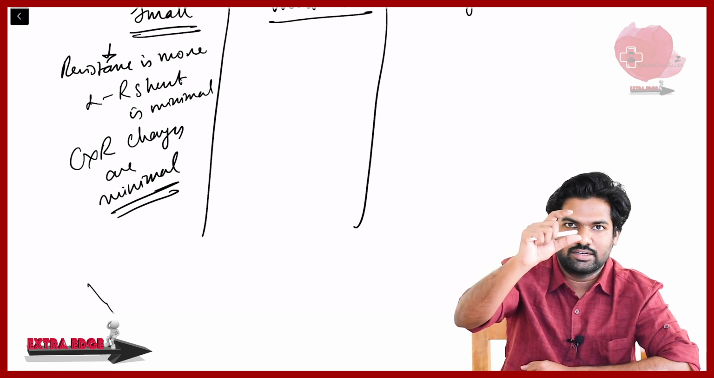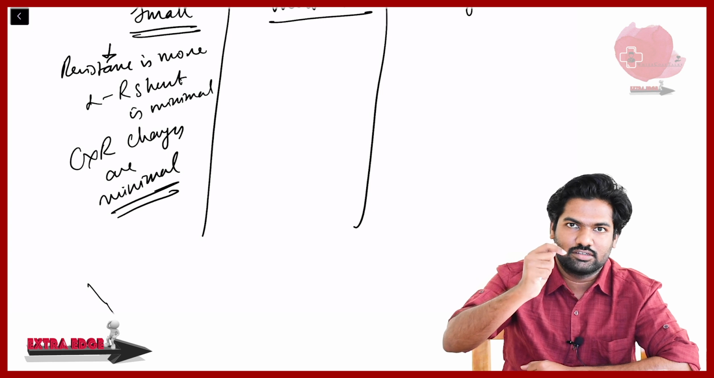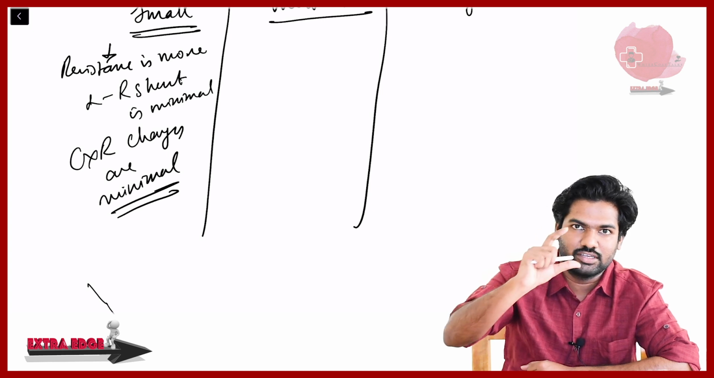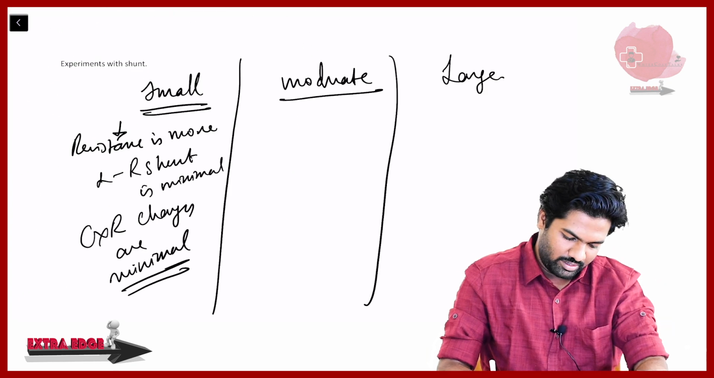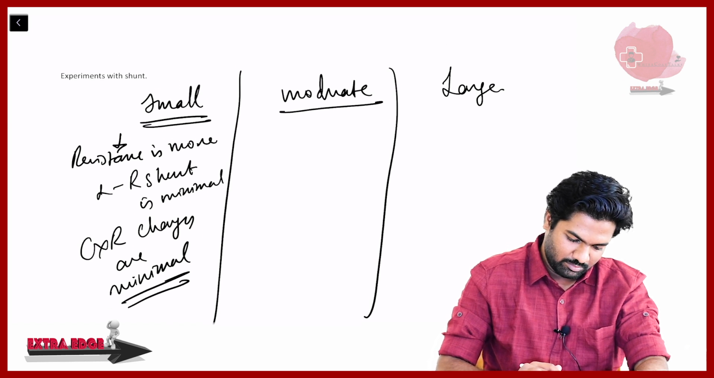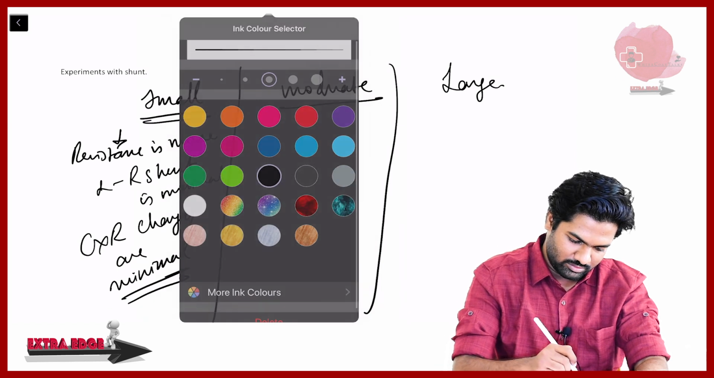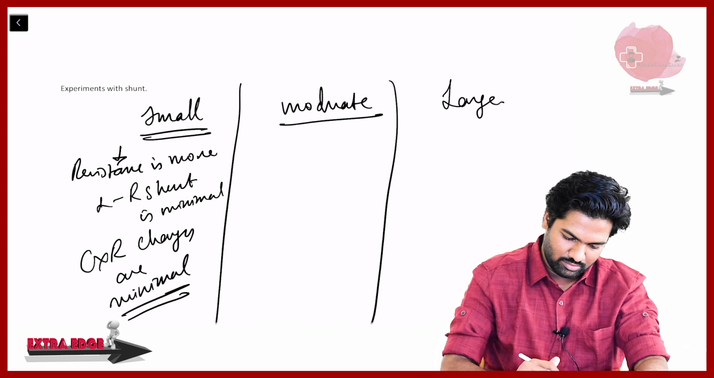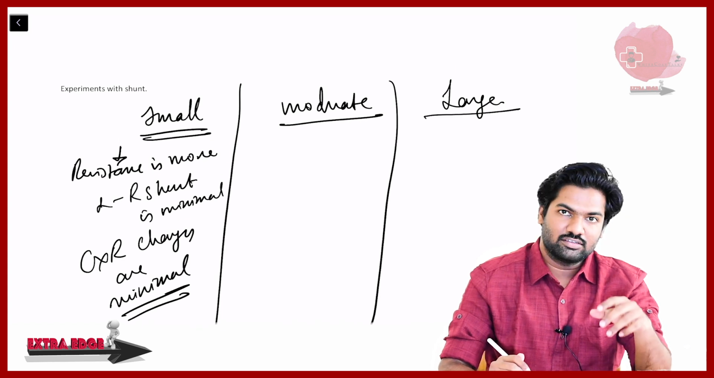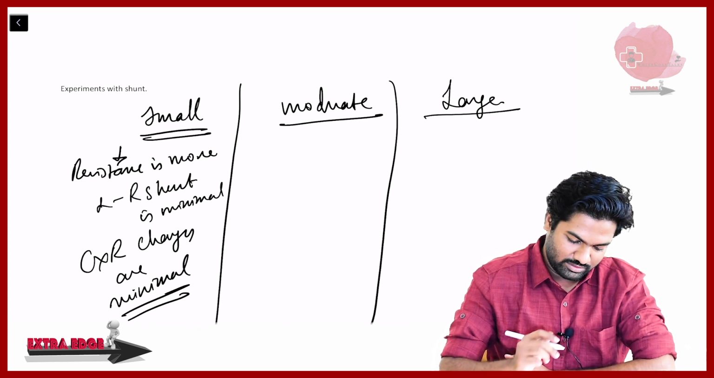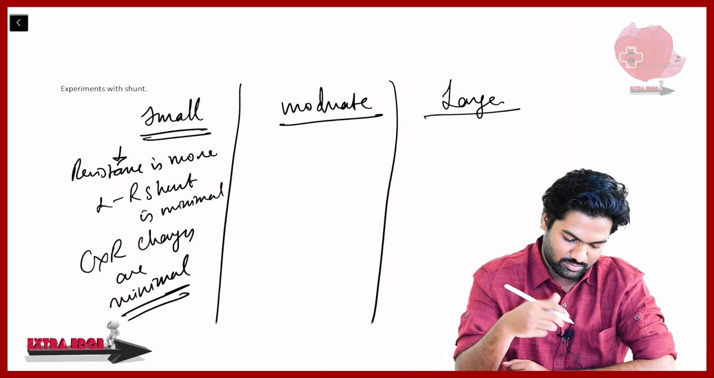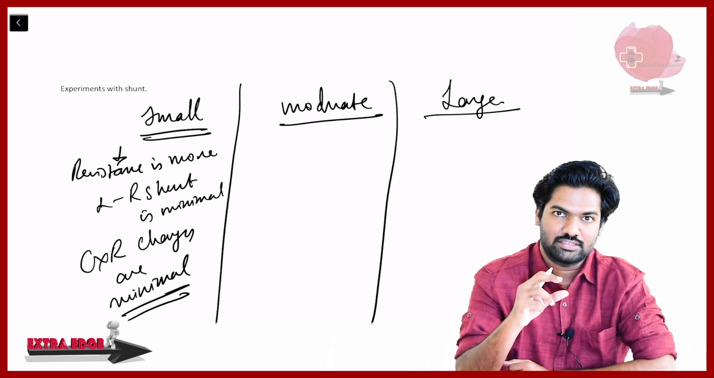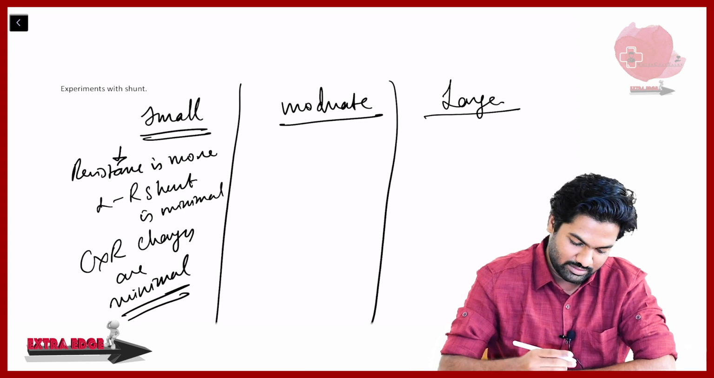Now we'll increase the size of that shunt or the VSD. We'll see what happens in moderate VSD. But even before that, I have just told you small, moderate and large sizes of VSD. Now the way they are categorized as small, medium and large depends